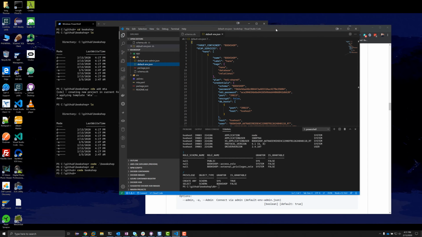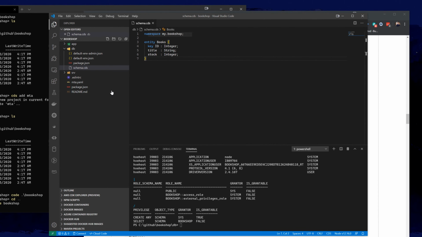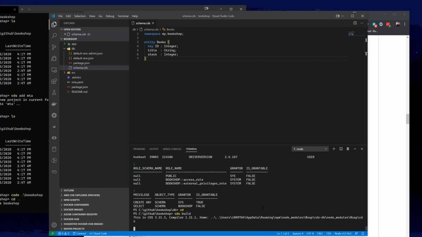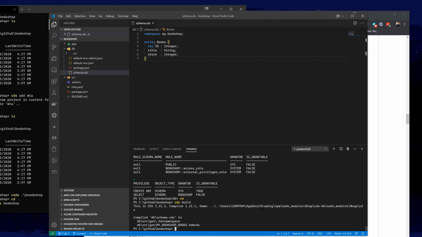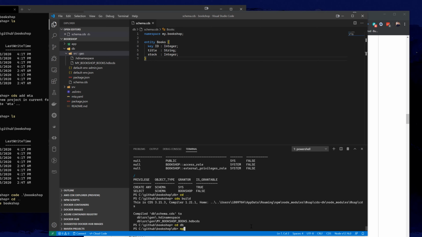All right, so let's really put this to use now, and let's build our CDS. And that compiled our schema. It created the HANA specific HDB CDS. And now if we go back to the DB folder, we can run an npm start,